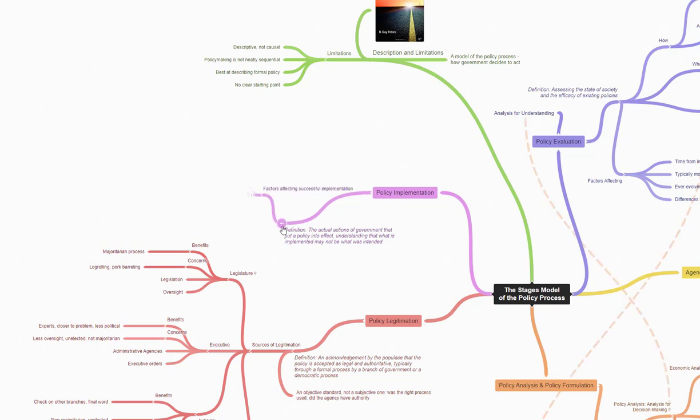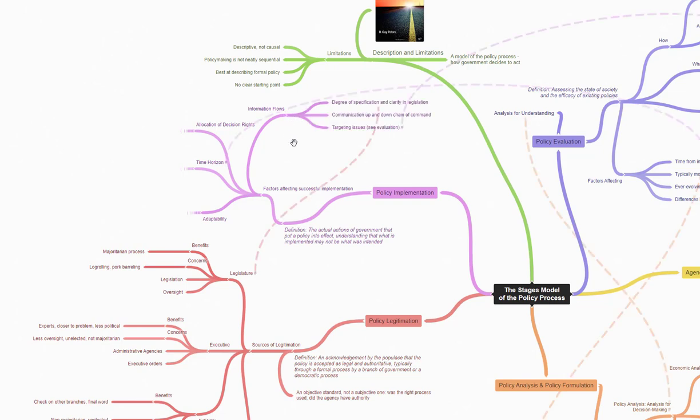So what are some factors that affect the successful implementation of a public policy? Well, one of them is information flows. What do we mean by that? How specific and clear was the legislation that the legislature put together? Maybe it was clear, but as it's communicated down the chain of command, or information about implementation bubbles up the chain of command,